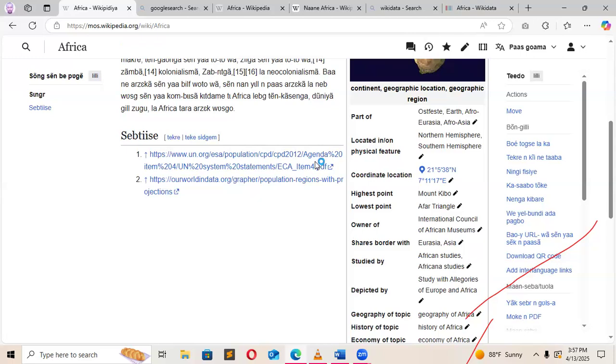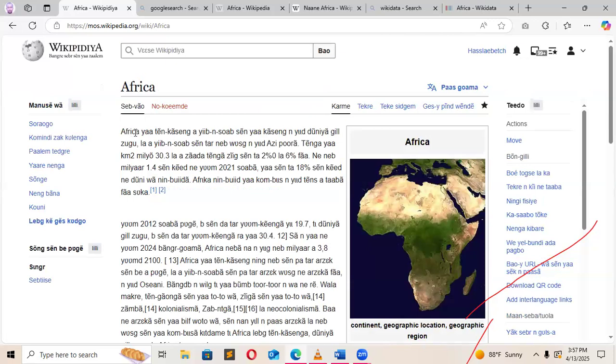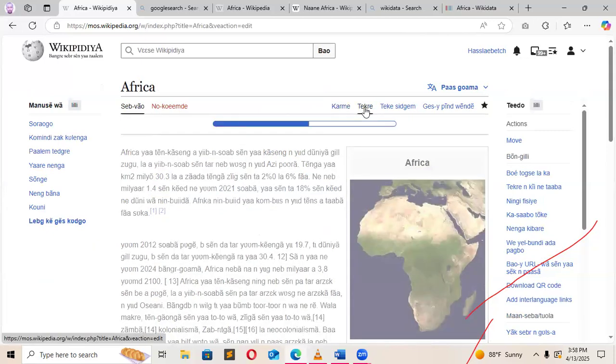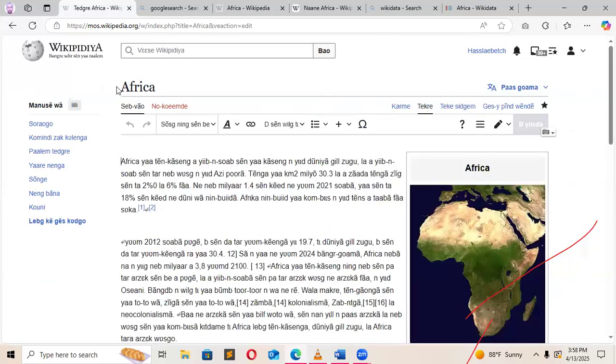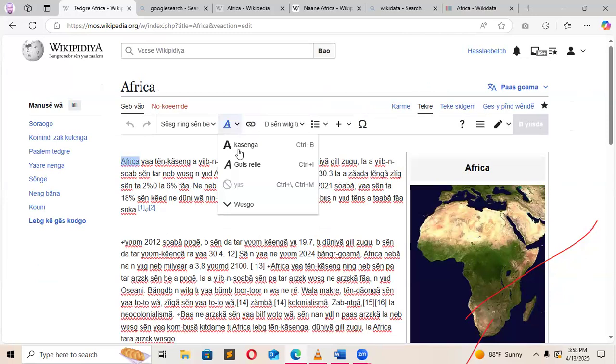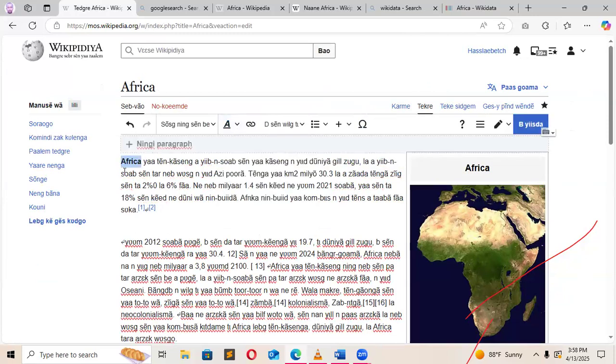Now, we are going to do the addition of the page. Now, Africa, yeah, thank you Kasinga. So this one, Africa, we have to bold it. You go to edit again. If you're writing an article, the heading that you are using, you have to bold it inside the article. So I have to bold the Africa. I come here, the A symbol, I'll click on it. Now, this one is bold. You write this one as Kasinga, that's bold. So I'll click on it. Just bolding it. So I'll publish.